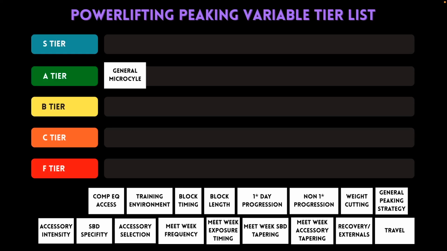Probably C or B. I think another thing to mention is say someone just straight up never trains on competition equipment. Maybe they're a commercial gym warrior, and that's the baseline of equipment access they're on. Maybe they've never touched a kilo plate or a power bar in their entire life. For that type of person, it probably doesn't matter at all. It immediately goes in F tier because they've never used it, and the fact that they would be on it for, I don't know, meet week or the final block probably won't make a difference because they're so used to the commercial gym non-comp specific equipment.